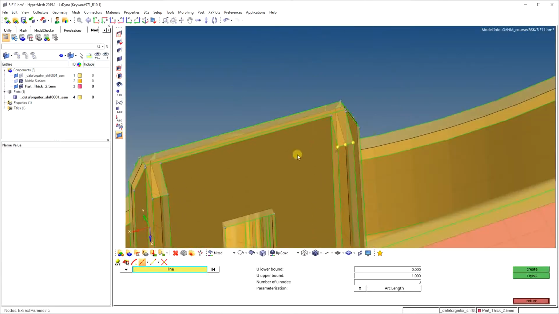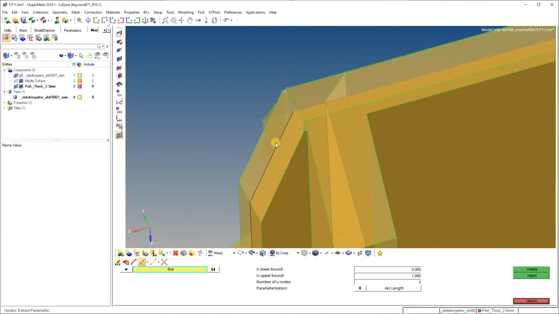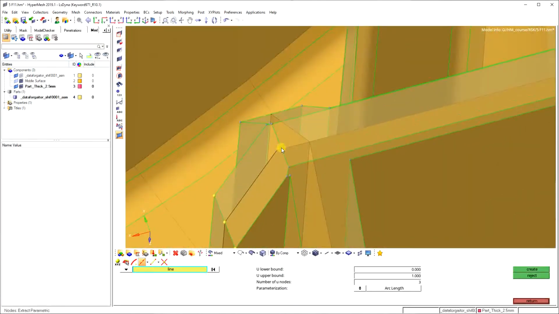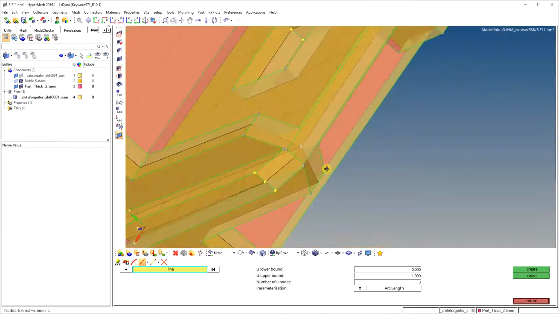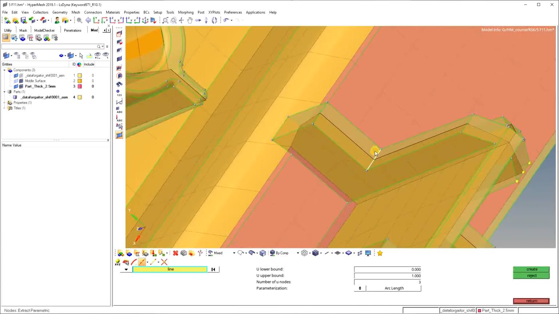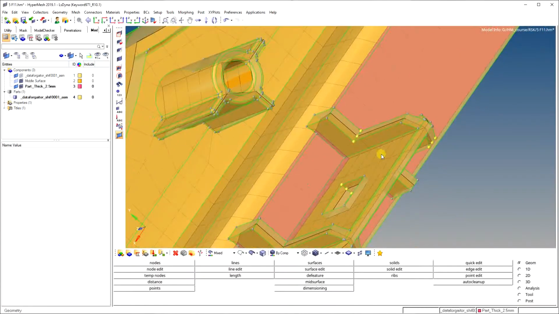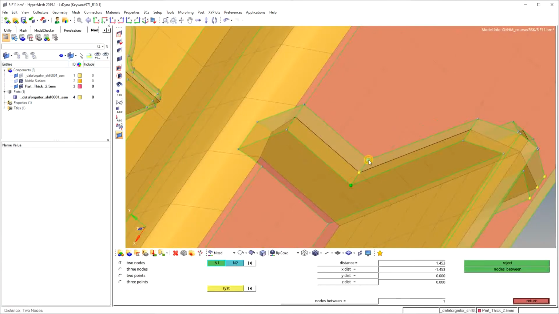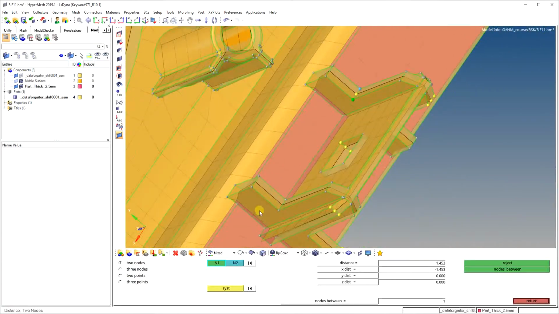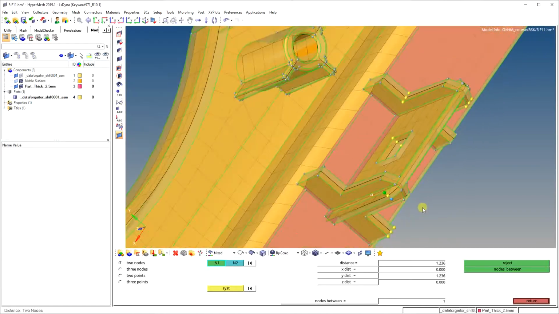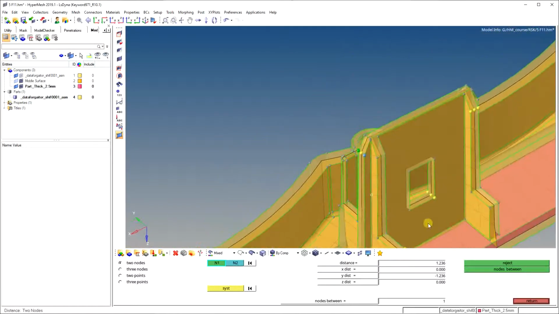I want to check thickness here, here, and here. No problem. I will check using F4 two nodes. I am just checking the thickness. It is 1.453. Okay, and here it is 1.2.